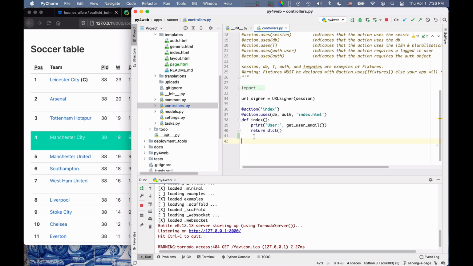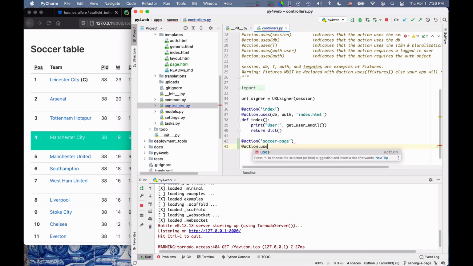new page.html. So I say action, and this action is meant to indicate at what URL the page I want to serve is. For example, I can say that my page is going to be not at page.html, but for example, soccer page. I can give it any name I want. So this is the URL at which the page will be served, will be found.